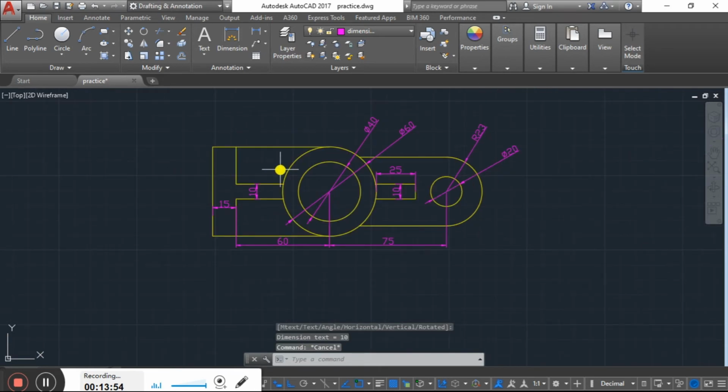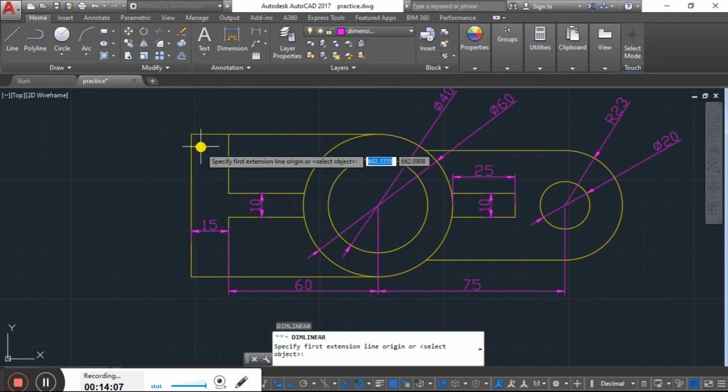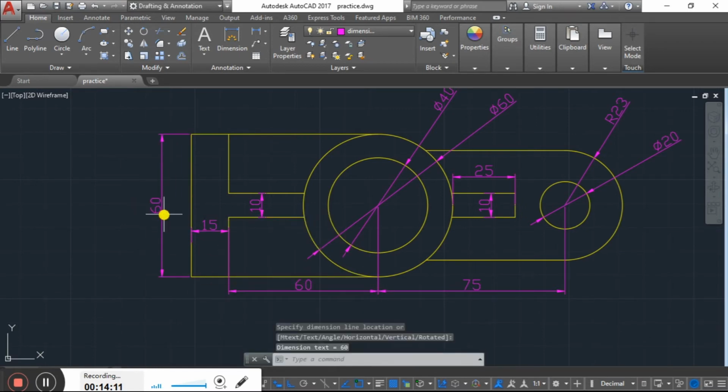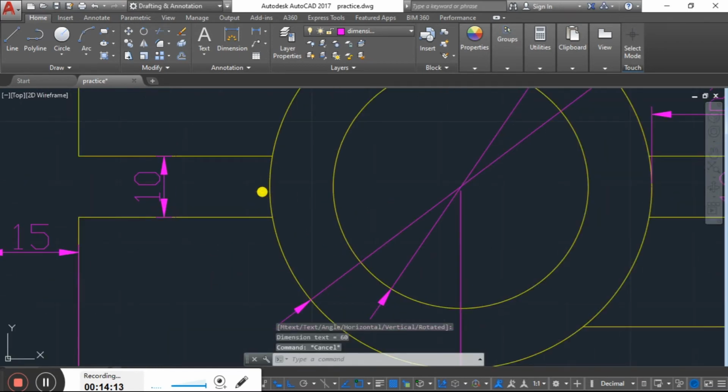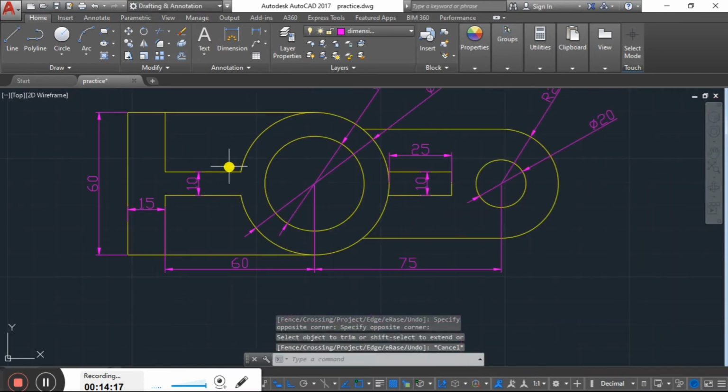Okay, fine. Now the dimensions have been given. Why haven't we given this dimension? And now here this linear dimension, 60. So here this view is not completed. We have to trim this one also. Okay, that view is trimmed.